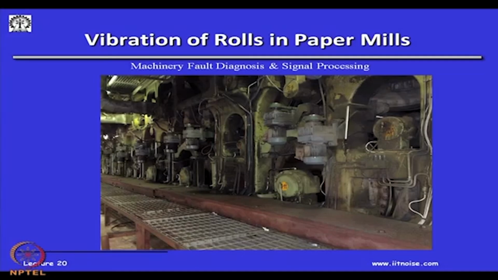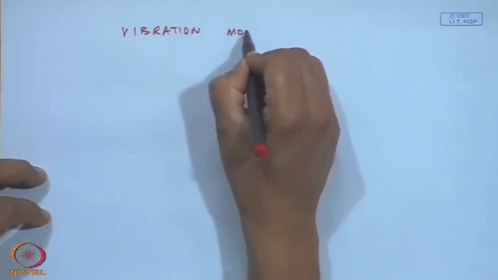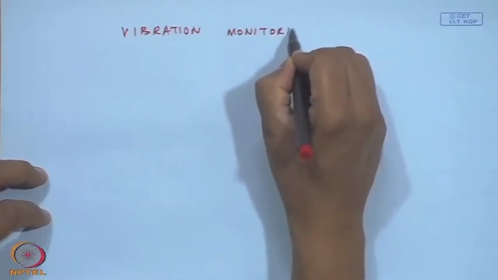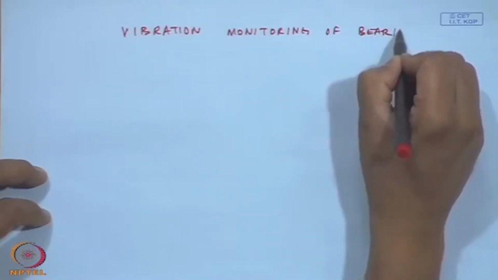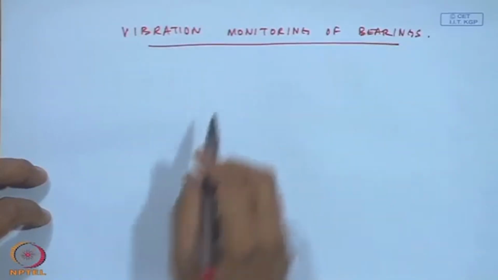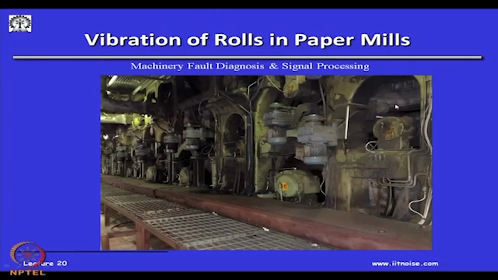Another case of vibration monitoring is the case of a permanently installed vibration monitoring of bearings. Particularly, this is the case of a paper mill. In a paper mill, I don't know if you know how paper is manufactured. Basically, there are a lot of rolls, a lot of rolls rotating at different RPMs, could be at 1200 RPM, and this paper actually, if I was to briefly tell you, this is a pulp